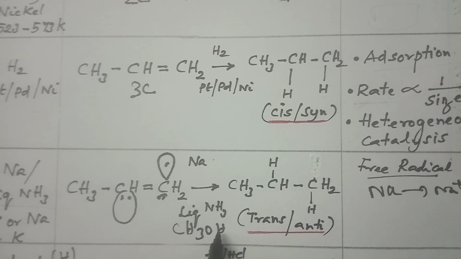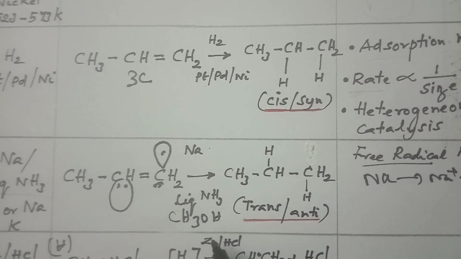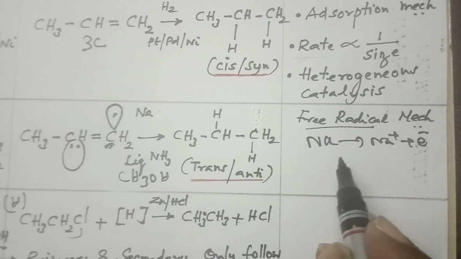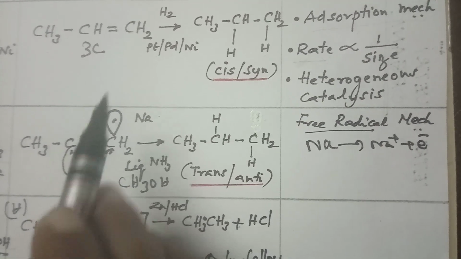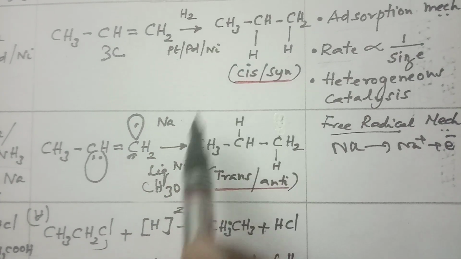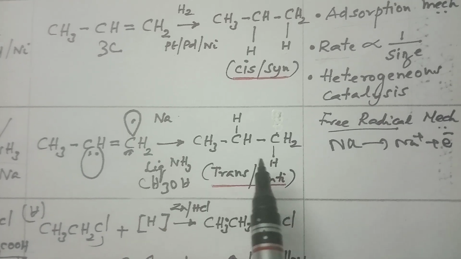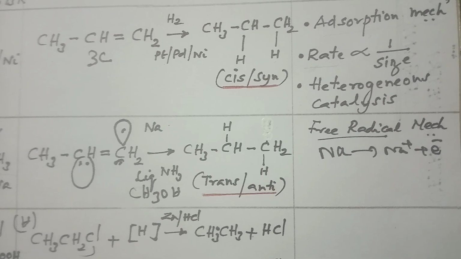They are giving a force. This is to confuse us. Don't worry about the role of methyl alcohol. Now this is the important point: it follows the free radical mechanism, the point I have already insisted. So now what you have to compare is the same propene, based on the reagent: cis based on this, and sodium in liquid ammonia gives trans. So this is the place where they can ask the question.